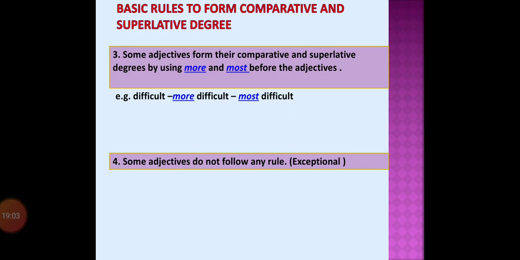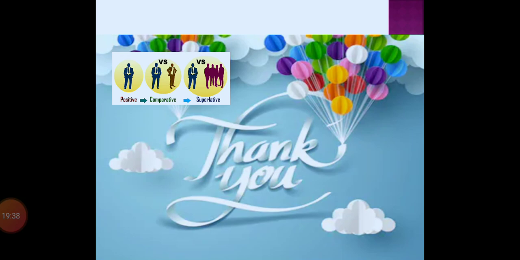But some adjectives are like that, they won't follow any rule. They are some exceptional type of adjective. The example is good, better, best. They are not following any rule. Their actual format is different for all the 3 degrees. You will come to know this as you start reading more and more. You come to know these types of exceptional adjectives to form their comparative or superlative degrees. So these are known as exceptional adjectives. Good, better, best, bad, worse, worst. So many adjectives are there.